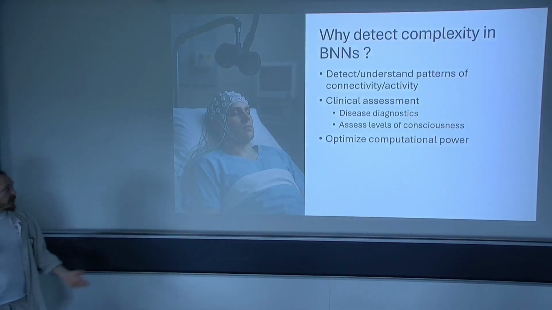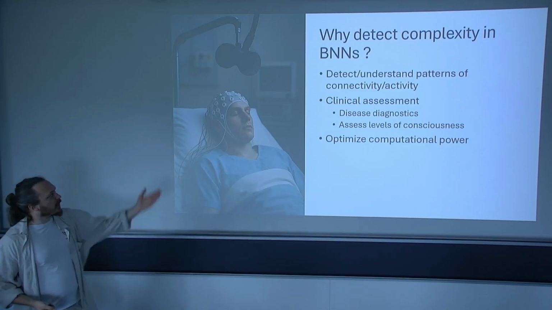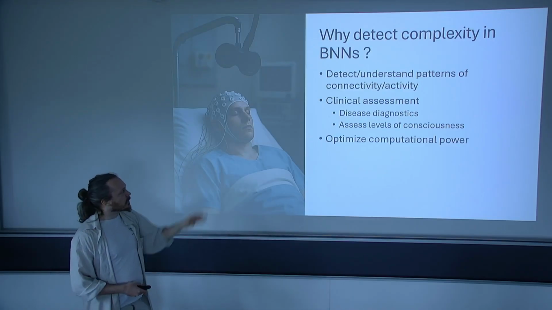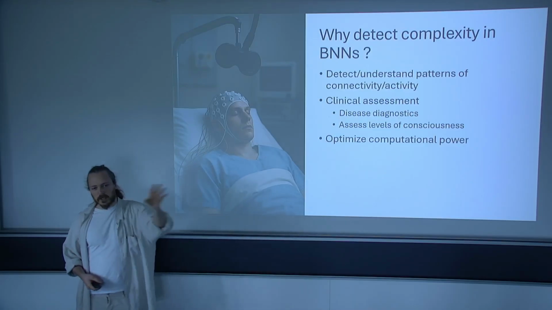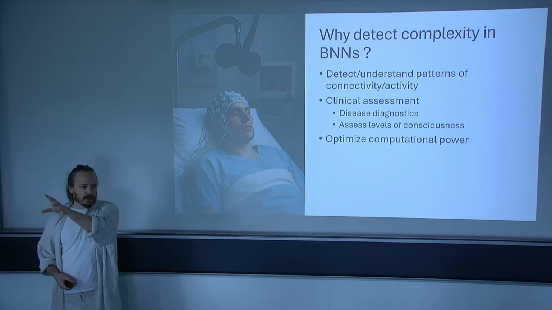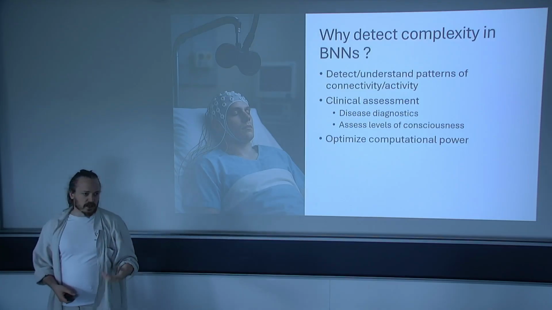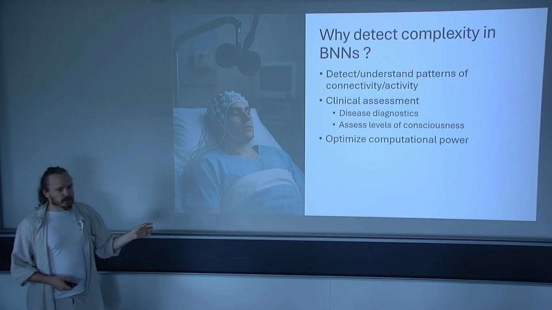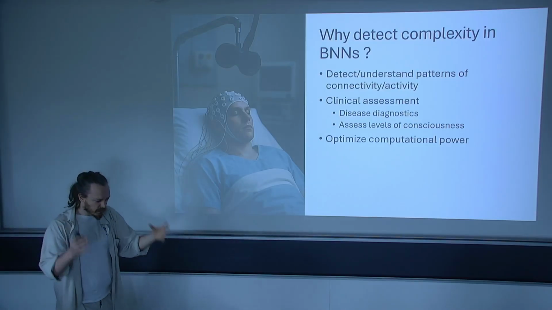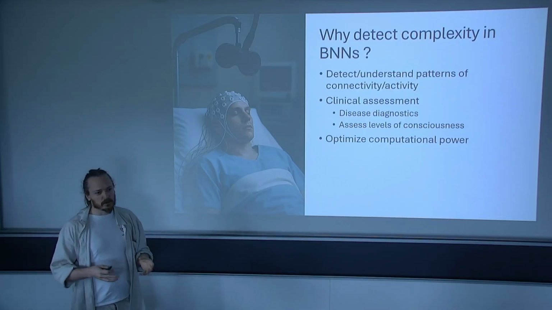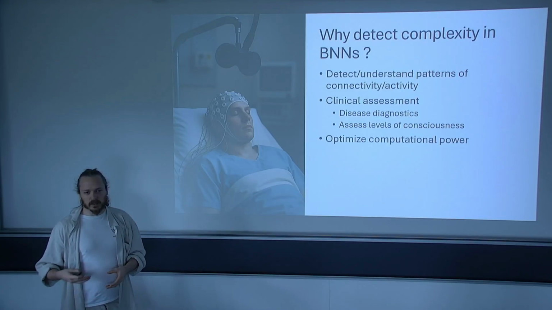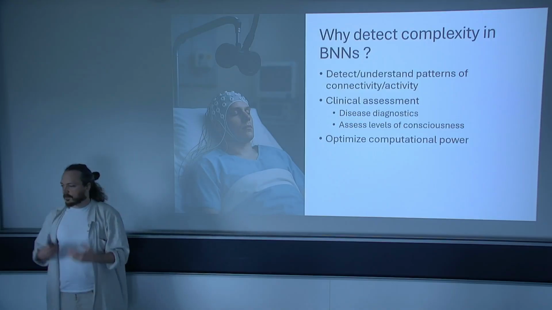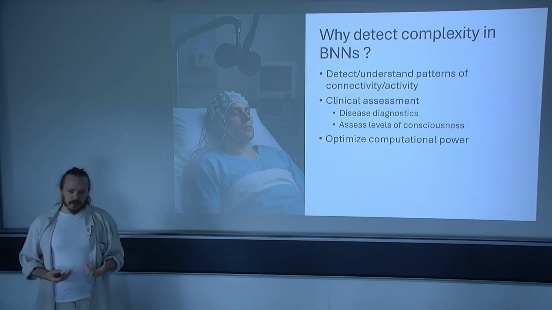So, why do we want to detect complexity in biological neural networks? Of course, there's the general scientific desire to understand the brain. There's also a lot of clinical reasons. For example, some measures can have one level in a healthy brain, and then they can degenerate in, for example, Alzheimer's disease. Also, some of the complexity measures that we call complexity in neuroscience are associated with consciousness. So you can use it to detect whether people are conscious or not, also the level of, which can be very useful in certain cases. And for our purpose, we also want to try and optimize the computational power of the systems that we work with,